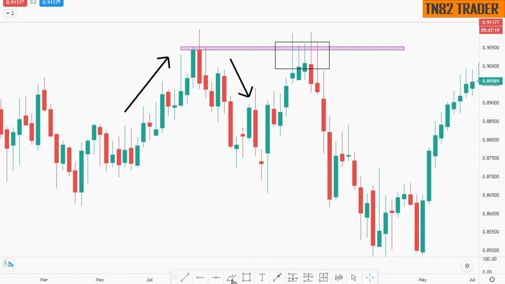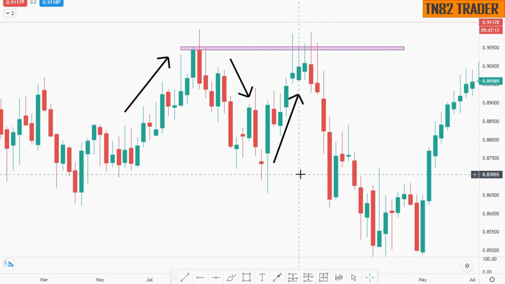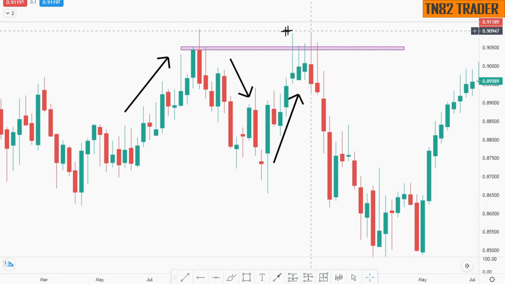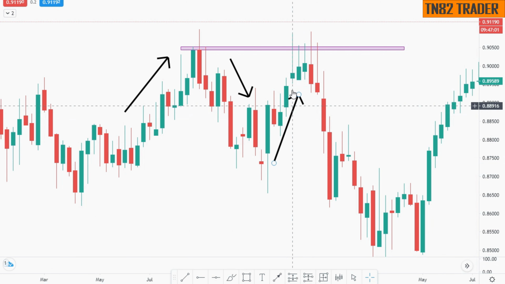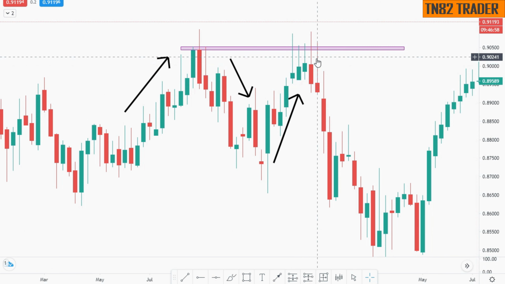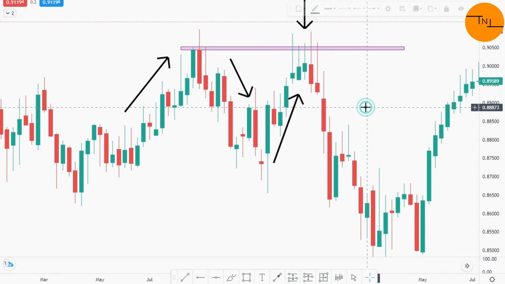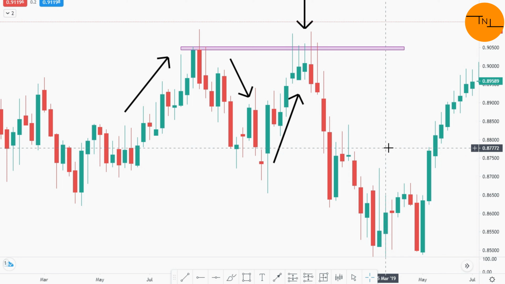And price came back up to this level. We have no idea whether there would be a trading opportunity or not. So what we are going to do is wait for price action to occur at the key level. First, we saw a shrinking candle along with multiple candles rejecting the key level, showing us price reacting to the key level. Multiple candle rejection tells us price tried to push higher multiple times but failed, which causes the multiple candlestick rejection pattern to form.